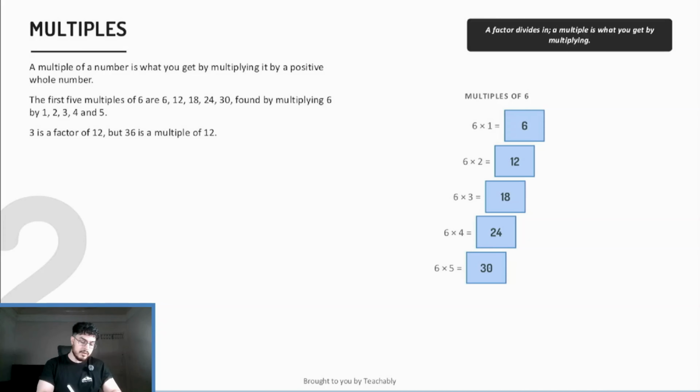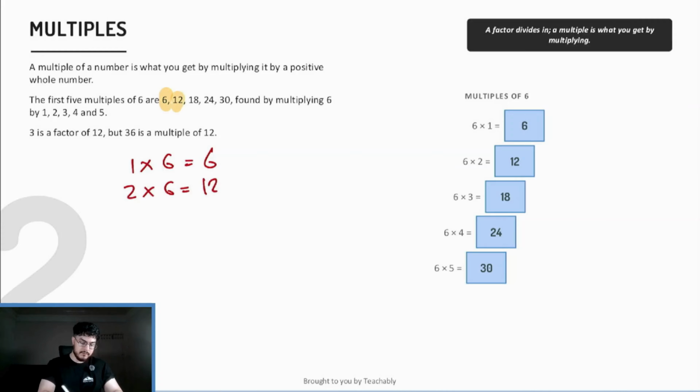A multiple of a number is what you get by multiplying it by a positive whole number. So, for example, the first 5 multiples of 6 are 1 times 6, which is 6, so right here, and then 2 times 6, which is 12, which is here, then 3 times 6, which is 18, which is here, then we have 4 times 6, which is 24, which is here,